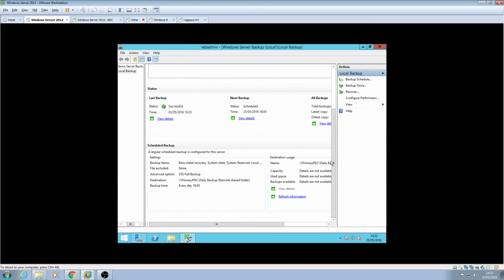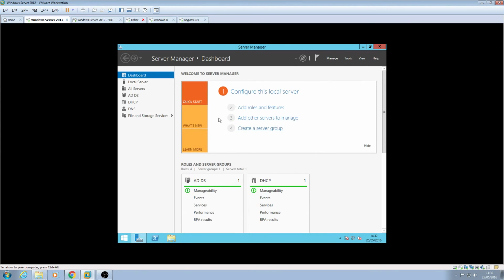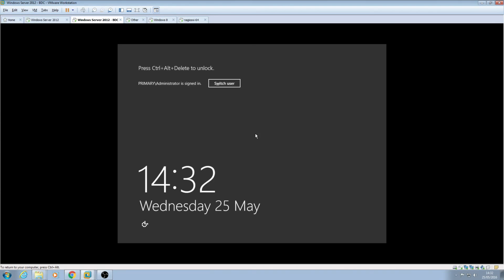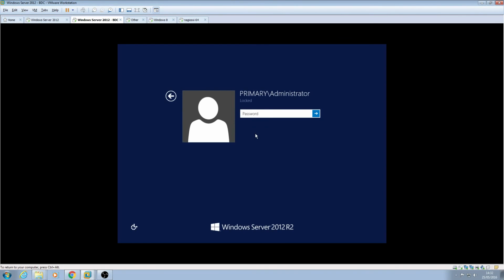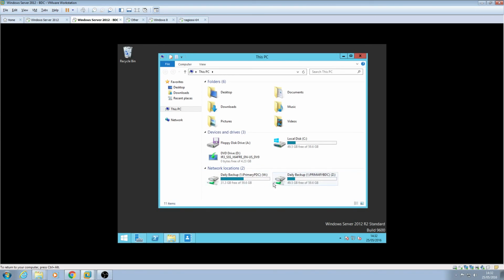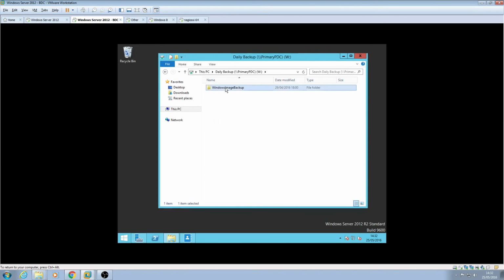Here you can see that we have a scheduled backup. This is to be done every day, and this is then available if you log in. It's then available across the drive onto the BDC. That's the backup of the